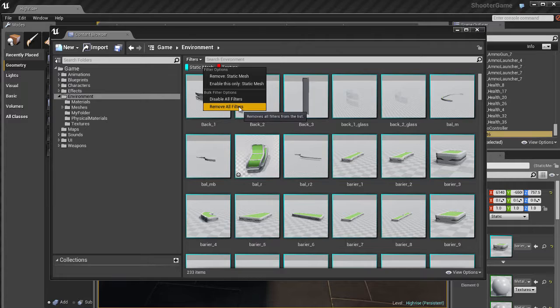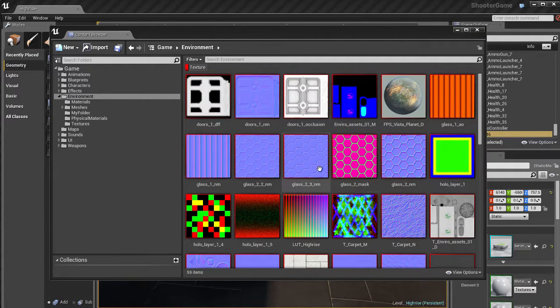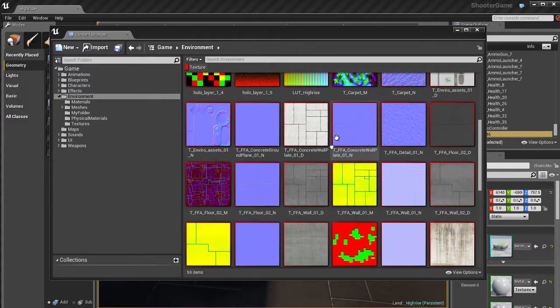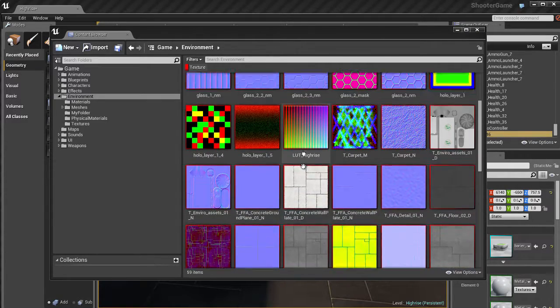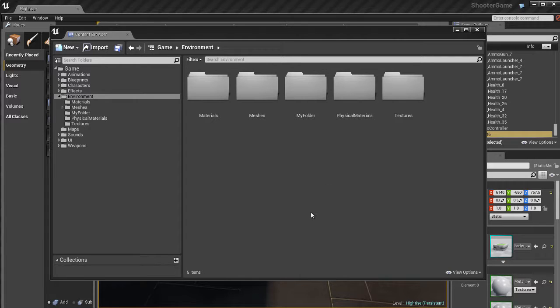You can also remove all filters at the same time. So sometimes when working you might have 10 different filters. So I'll remove the static mesh filter. Now there's only a texture filter, and you'll notice we have all of these red items. It's just textures that we're viewing right now. So this is a great way to organize yourself and really work with the content browser as fast and as